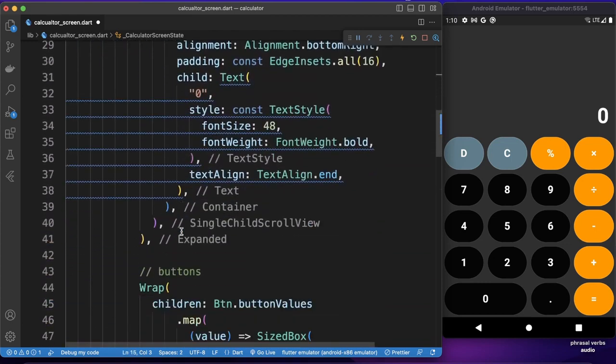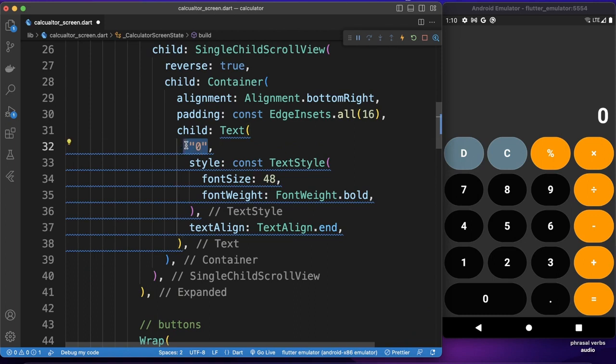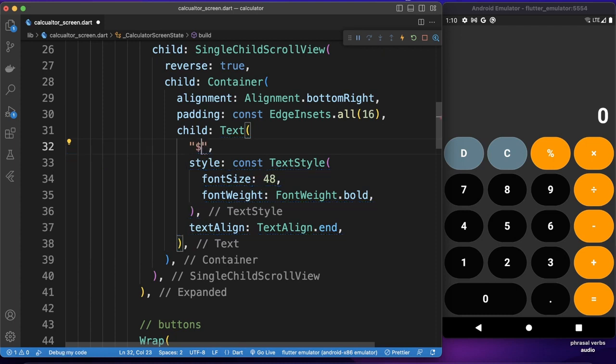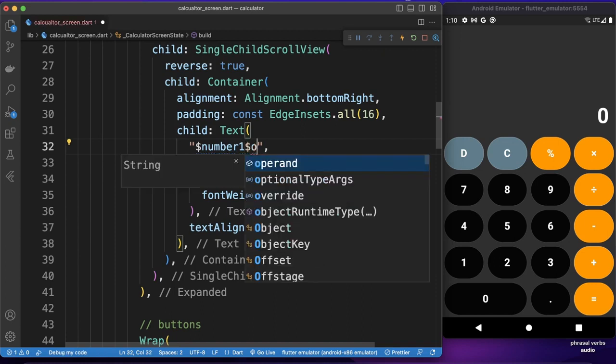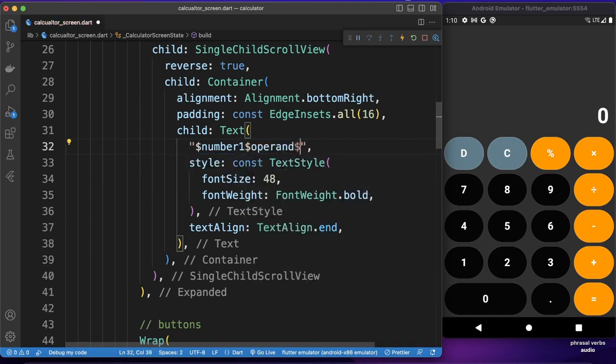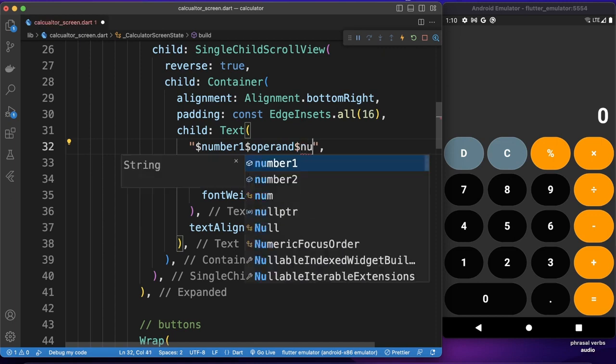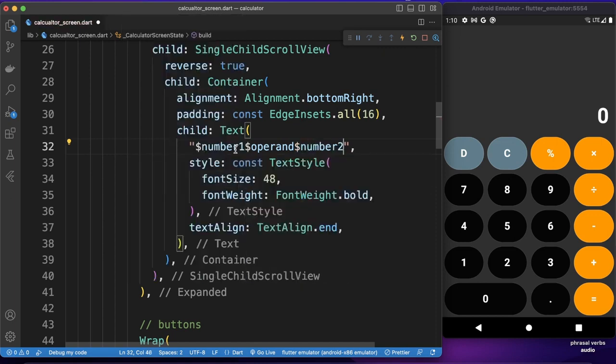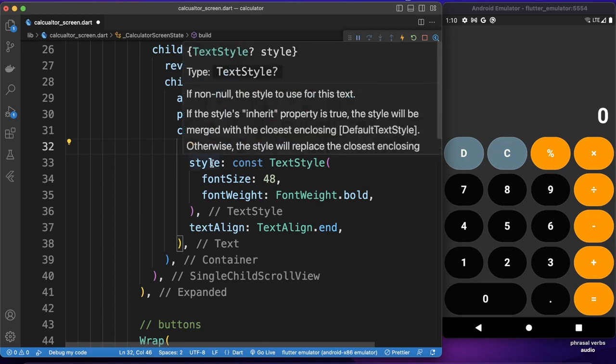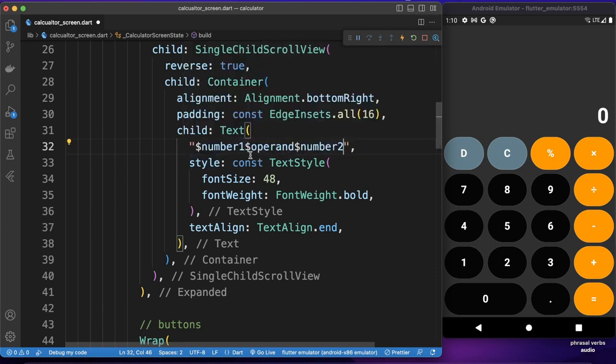And I come down here, and I'll change this to my variables. First of all, I want to put my number1 variable, the middle one will be our operand, and the last one is going to be number2. All right, so basically this is the left side of our equation, and this is the operator, the operand, that is multiply, divide, minus, or plus,